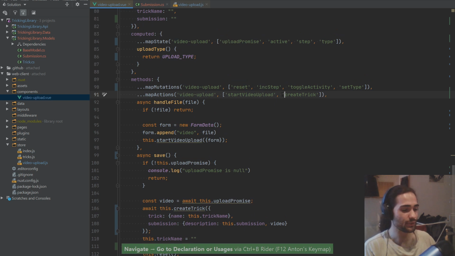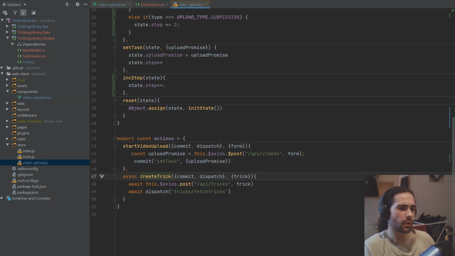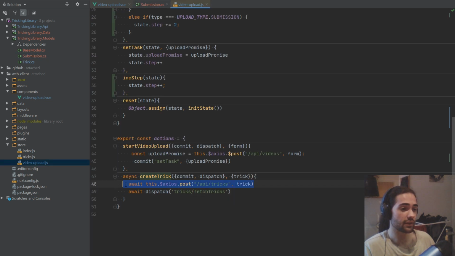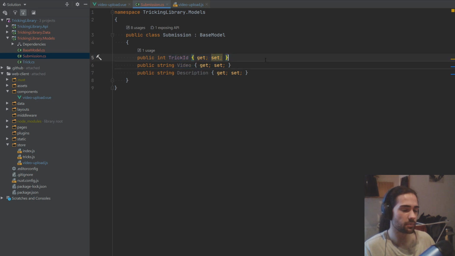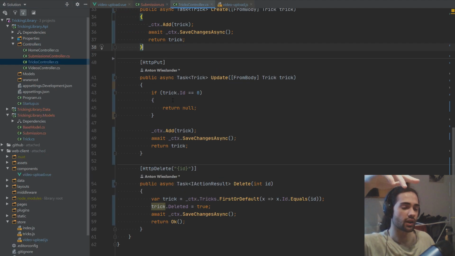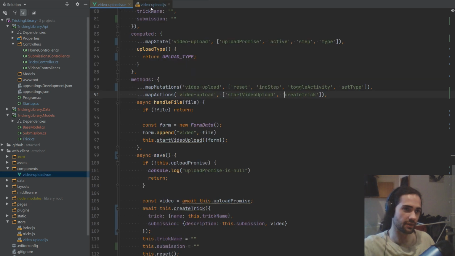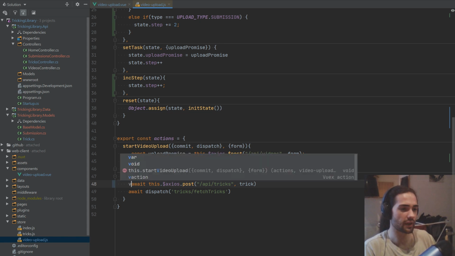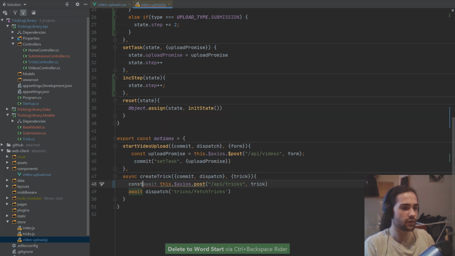Let's go ahead into create trick, and as I was talking about batch requests and transactions, we'll probably not actually be able to do it because the submission will need the trick ID. So we need to create the trick before we create the submission. This could be passed as one request, and the whole creation of the trick could be handled in the trick controller, or we can create it asynchronously, but that's just the nature of the beast. We just want to get this up and working first and then think about the problems that can occur with this. Okay, so let's go ahead